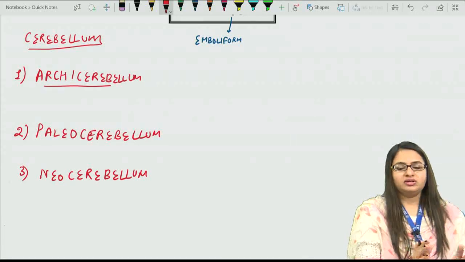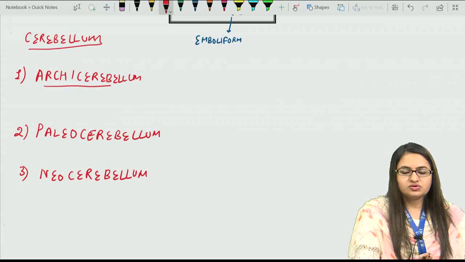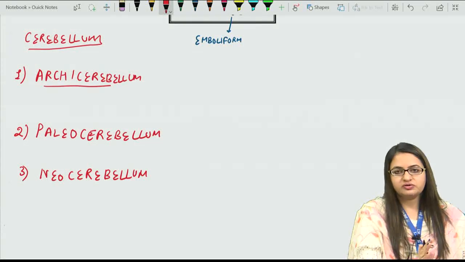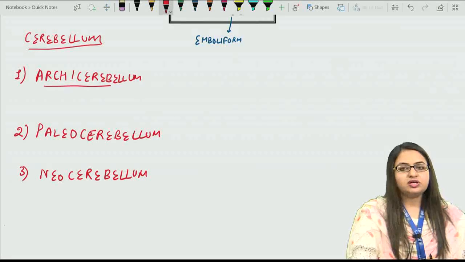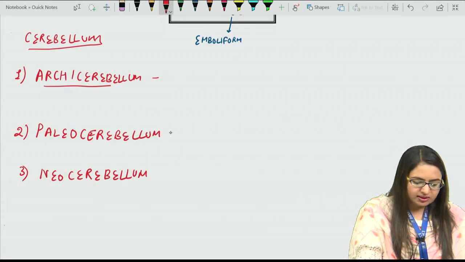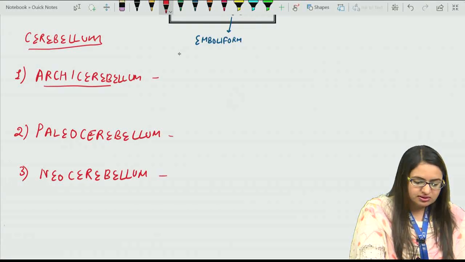Now, these are the three morphological divisions of the cerebellum. The oldest one is the archicerebellum, which has connections with the vestibular nucleus. Then the neocerebellum is the newest one, and the paleocerebellum is in between. Now the nuclei which are related to the archicerebellum and the rest of the portions: